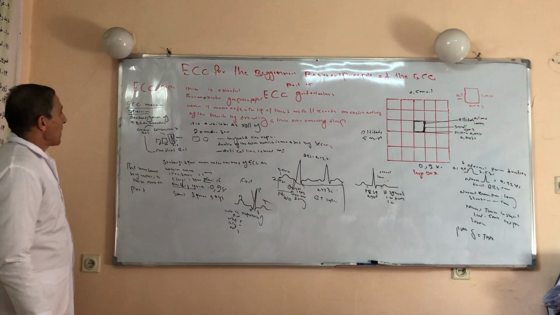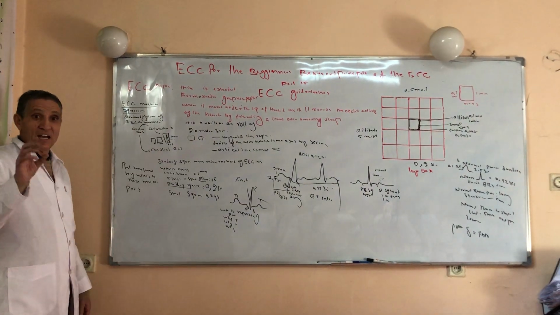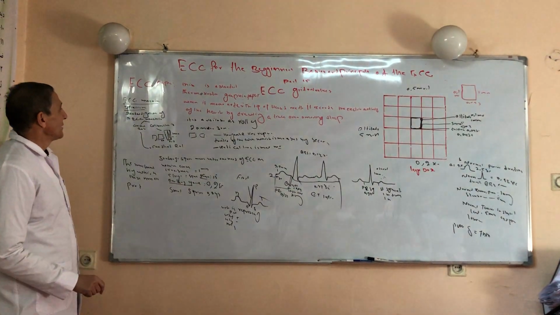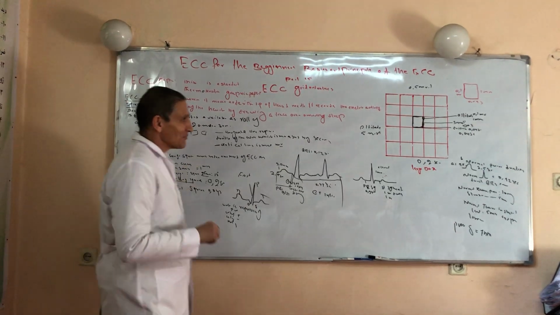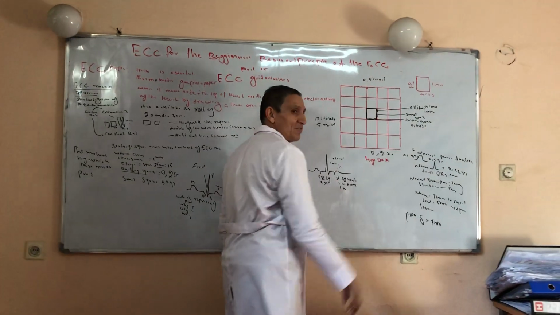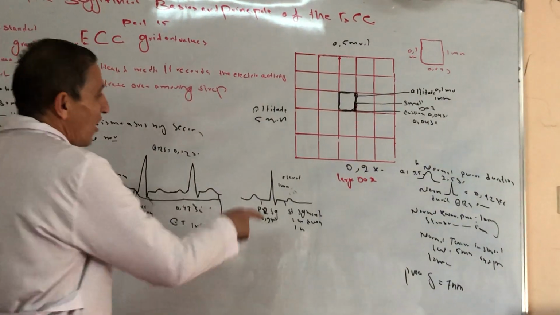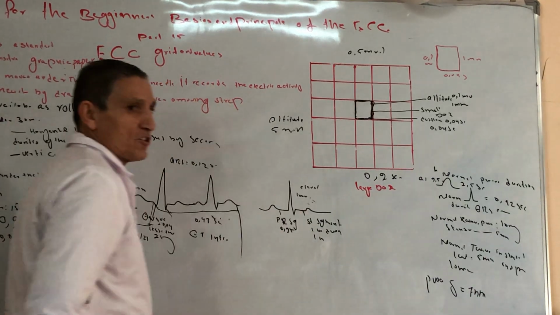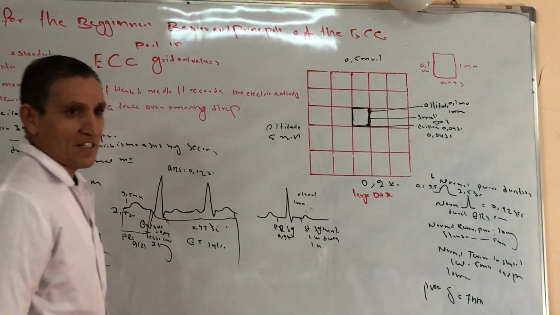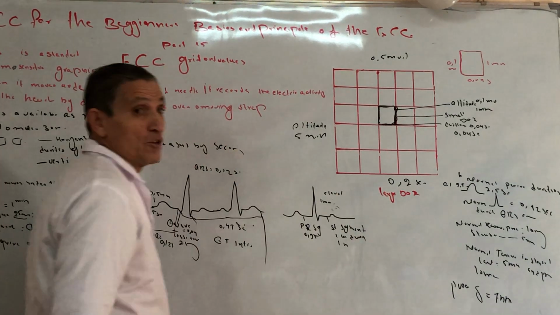This ECG paper is available in the market as a roll of 20 meters and 30 meters. In addition, this ECG paper is made of large squares as well as small squares. One large square includes 5 small squares. The horizontal line of the ECG paper represents time and duration, which is measured in seconds. The altitude, or vertical line, represents voltage, which is measured in millivolts.